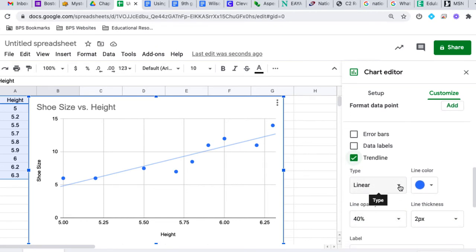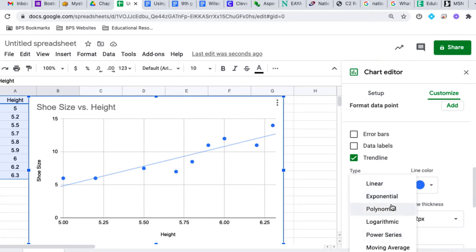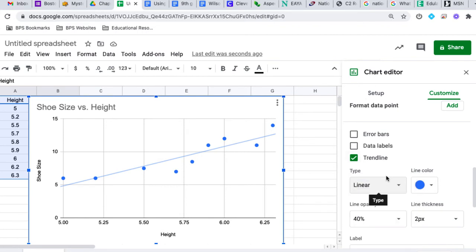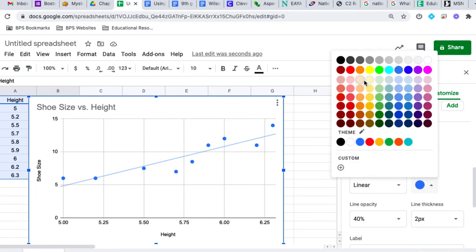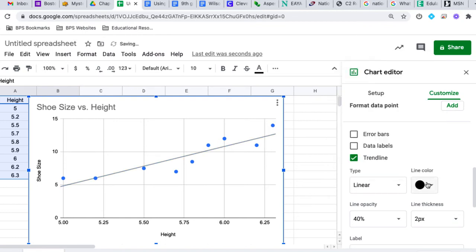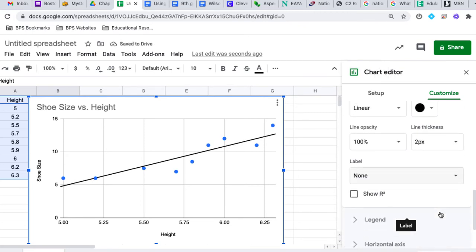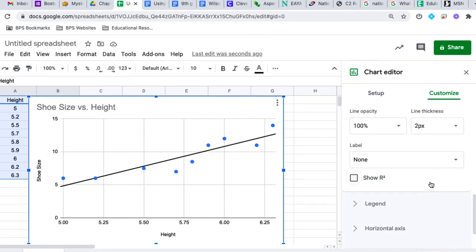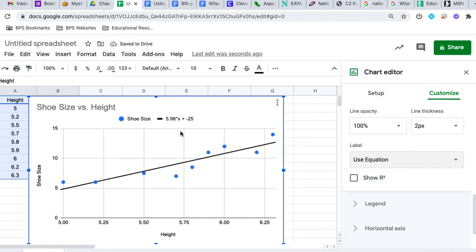Okay, in this case we're using a linear. There's all the other possibilities though: exponential functions, polynomial, logarithmic, power series, moving average. We're going with linear. I don't want it the same color as the coordinates, so I'm going to change it to black. And I'm going to make it darker. Okay. Label. Use the equation as the label and it'll pop up on the top. Okay, there's not an equal sign. It just says the black line is this equation. Okay, so